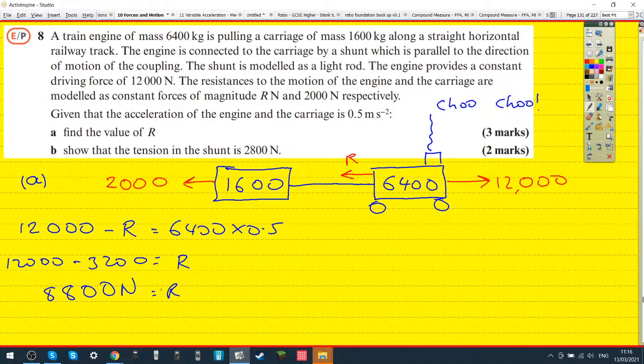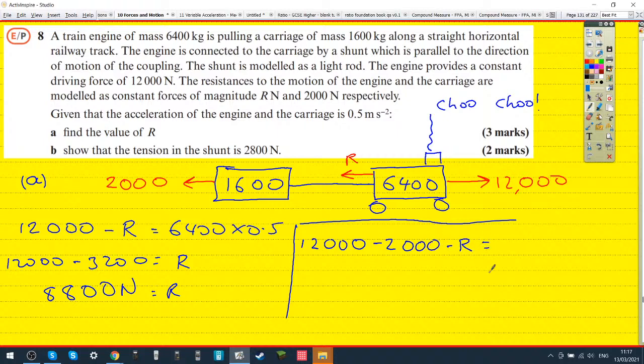Don't know why that didn't work. 12,000 minus r is equal to 6,500 times the acceleration. Let's take the entire system into account. So altogether, we have 12,000 minus 200 minus r. So not 200, 2,000, sorry. Minus r equals